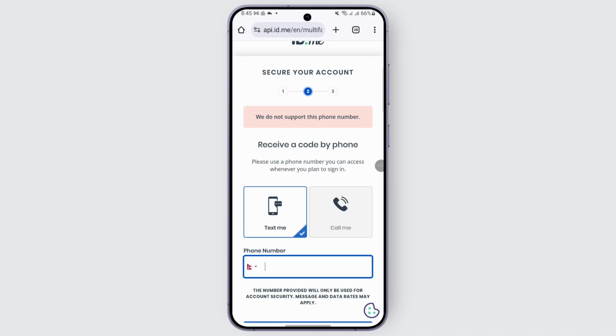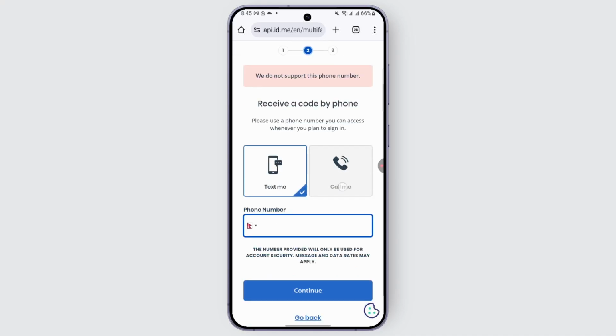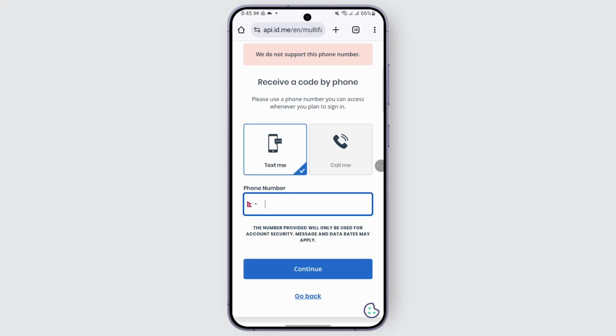After that, you need to follow the process. You need to enter a phone number and receive a code by phone or tap on call me, and just go ahead and do so. Or there are different other processes you can use. Once this completes, you just need to go on with the process of verifying yourself,